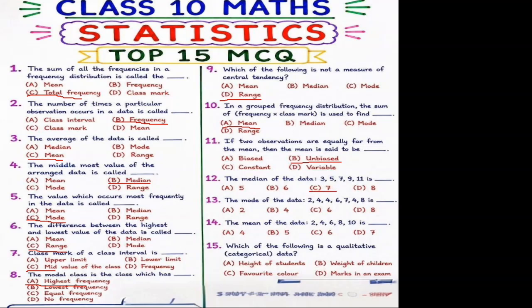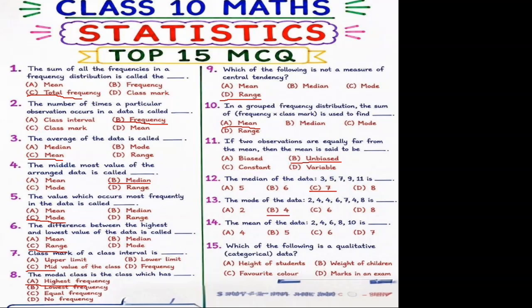So moving up to question number 13, it says the mode of the data 2, 4, 4, 6, 7, 4, 8 is dash. A 2, B 4, C 6, D 8. How do we find mode? Firstly, what is the meaning of mode? There are a lot of meanings for mode. Mode can be the data that occurs most, the most occurring number, but what we are after is which data or element appears most. So checking the given distribution, we can clearly see that the most occurring value is 4,